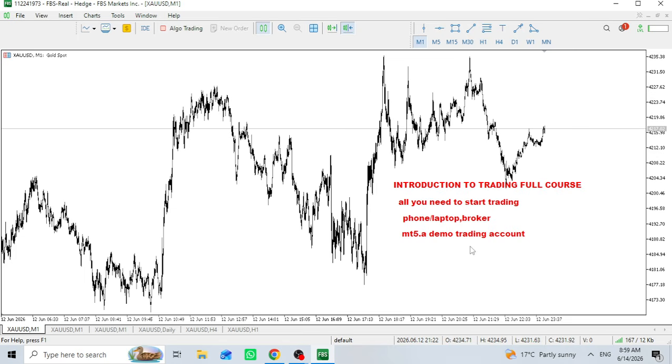Now, if you have a broker, you need to know how to link your MT5 with your trading account, and then you will see the chart. And after you see the charts is when the work starts. You are in a new city, you don't know where to start, you don't know what to do, you are just looking at the charts and you are confused. And that's where Big Boss comes in.